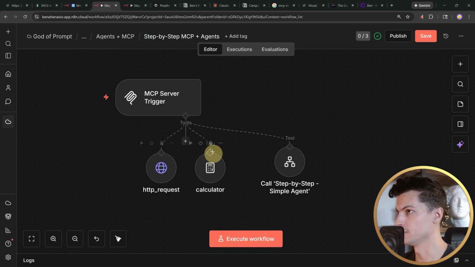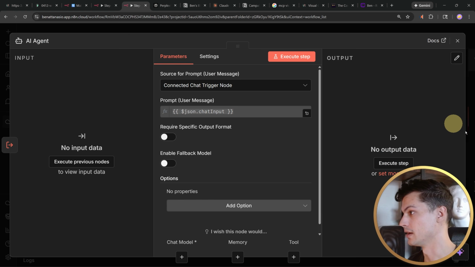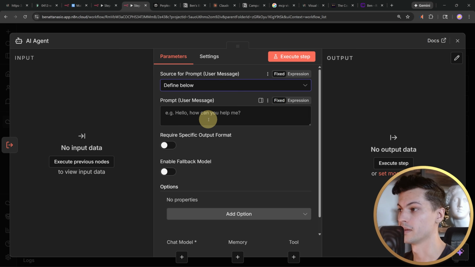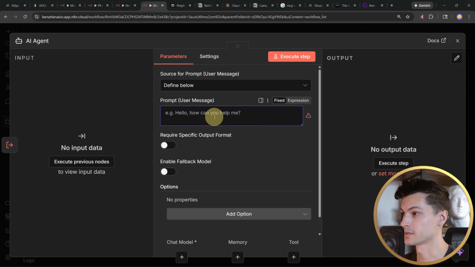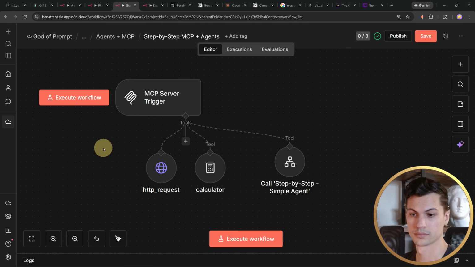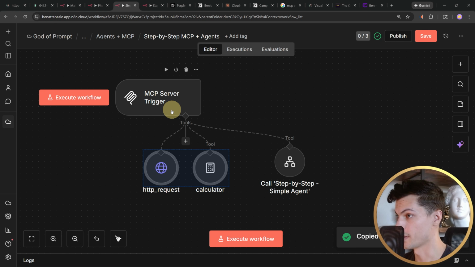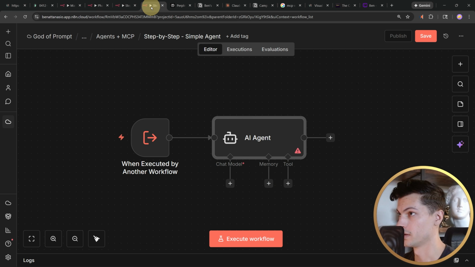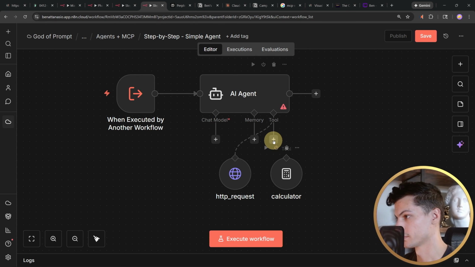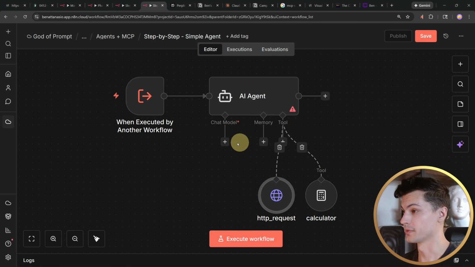So it's going to be the same two functionalities, just from an AI agent node. And again, this is the best practice way to do it. We're going to define the prompt. We need to make this user message here $JSON.query in these curly brackets. Let's just take the HTTP request and calculator tools from our MCP trigger, paste them in our simple agent flow, connect them like that. And now our AI agent is going to be doing some of its own thinking, so